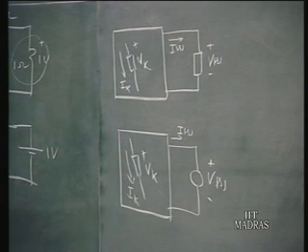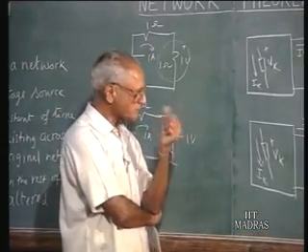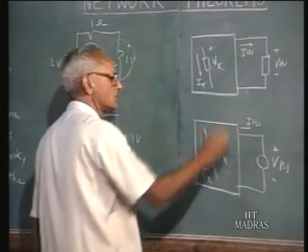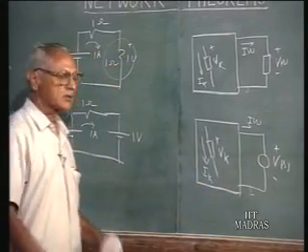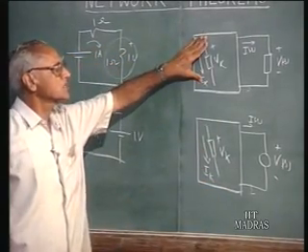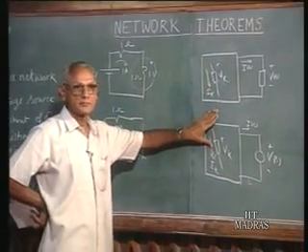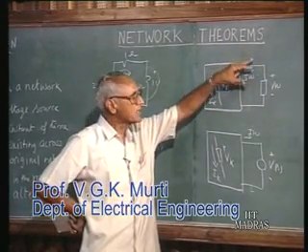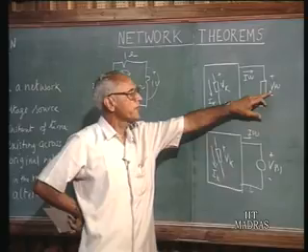What is the justification for this? Justification is that if you are doing the node voltage method of analysis, let us take this as the datum node, then the node equations at all other nodes inside the network will remain the same. As far as this node is concerned, in the original network, V of s is a solution for